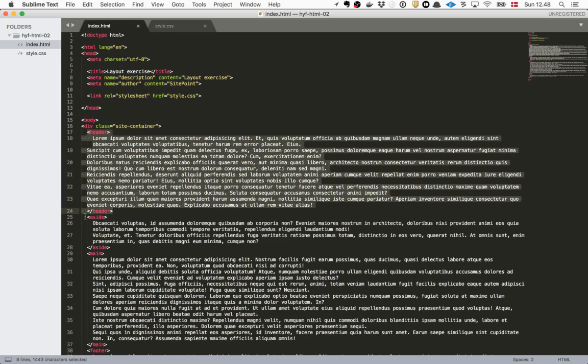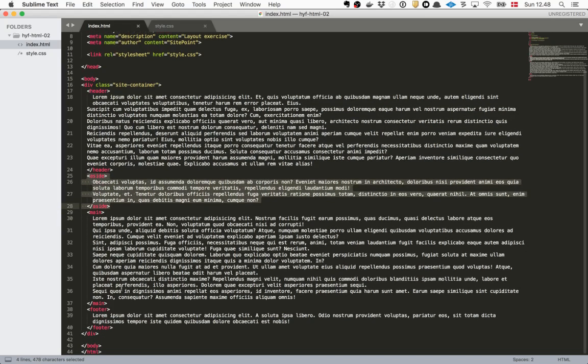So we have a header here. We have an aside. Aside doesn't have to be a sidebar, but very often you use it for sidebars. So this is a structure you'll probably see again and again. And then we have the main tag, which is where the main content is going on. That's what we just discussed before. And then we have the footer tag.